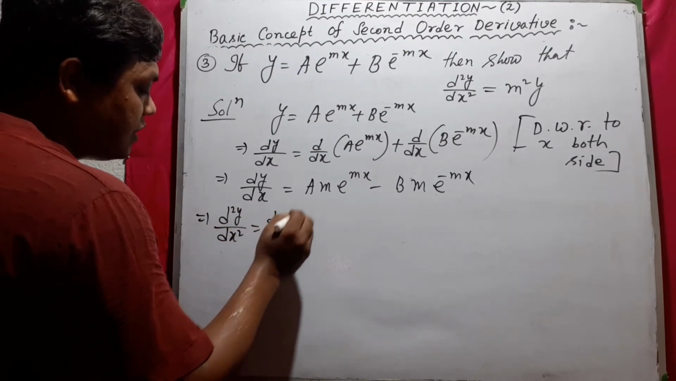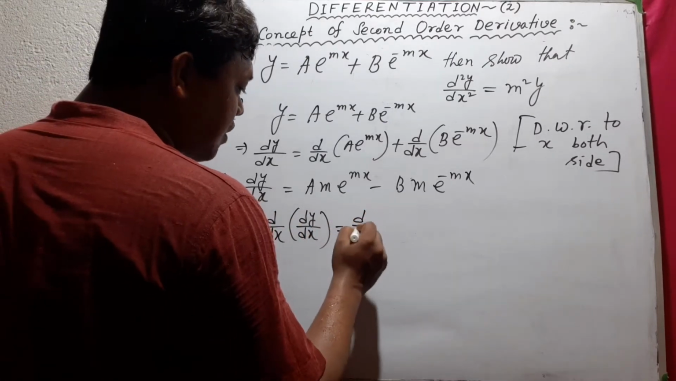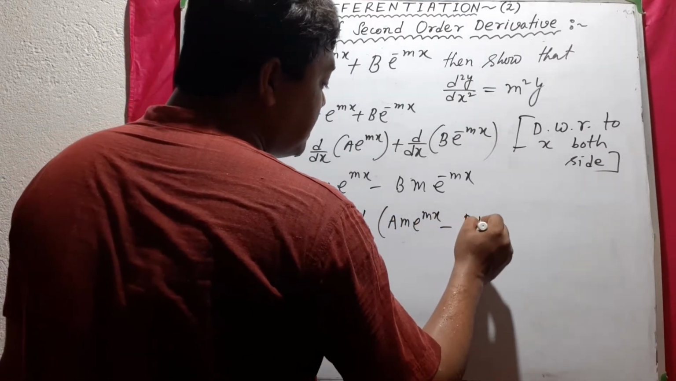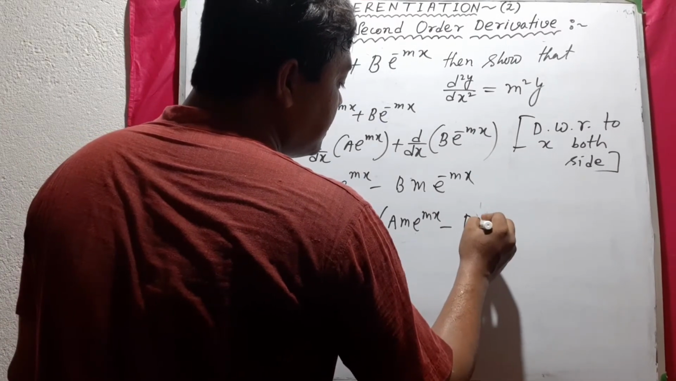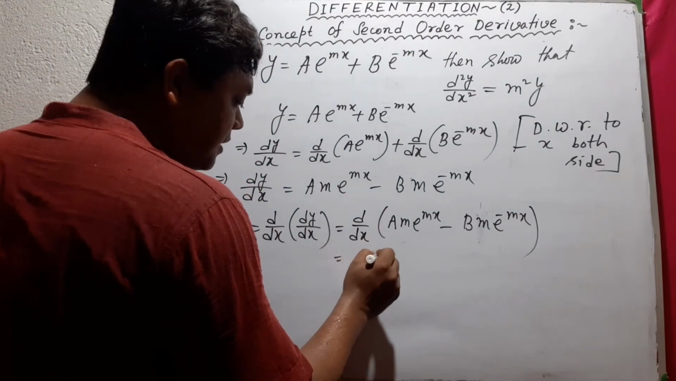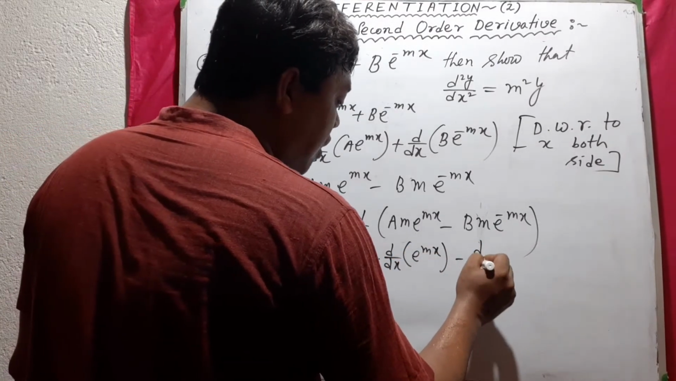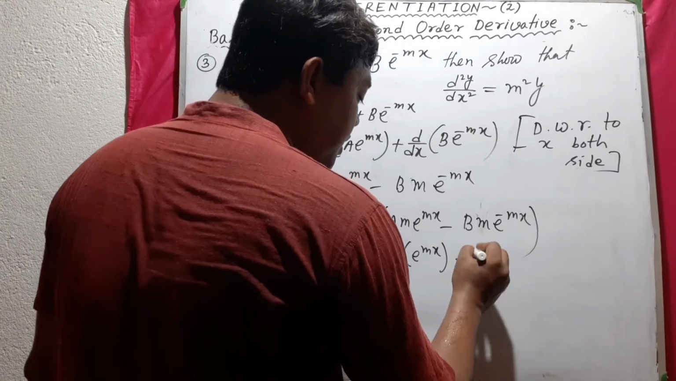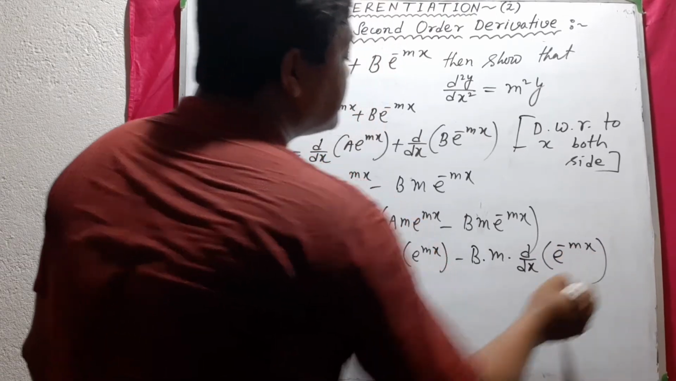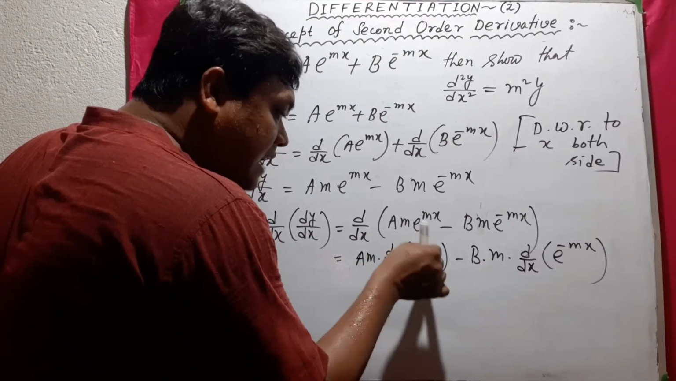d/dx of dy/dx, that equals d/dx of a m e to the power mx minus b m e to the power minus mx. Okay, so am এটার ডেরিভেটিভ d/dx of e to the power mx minus b into m constant d/dx of e to the power minus mx. Okay, তো এবার ডেরিভেটিভ করে ফেলি। তো mx এর ডেরিভেটিভ কি e to the power mx, আর mx টাকে ডেরিভেটিভ